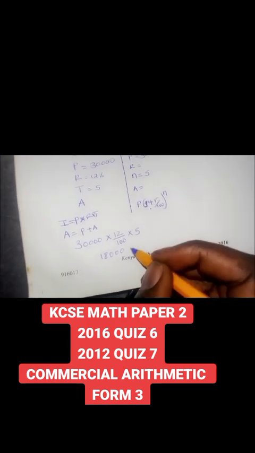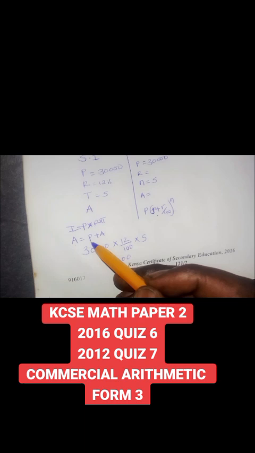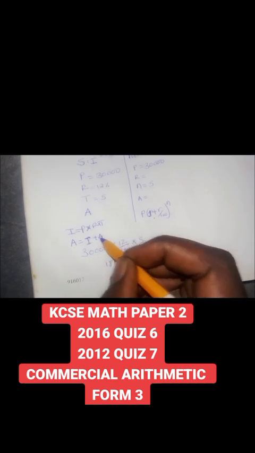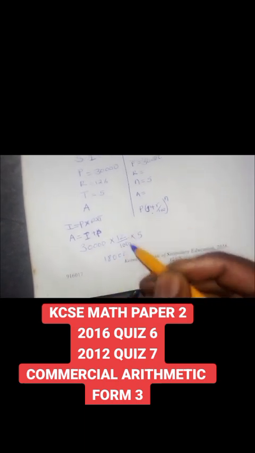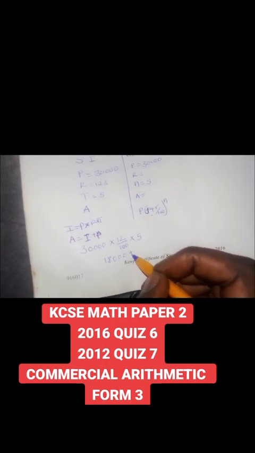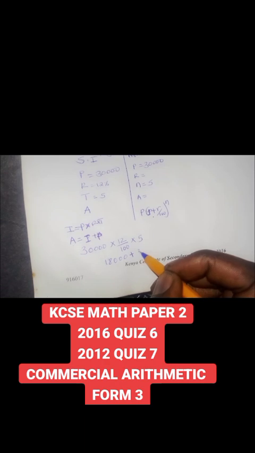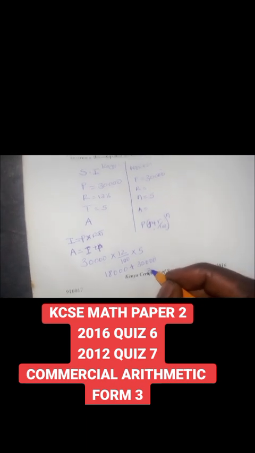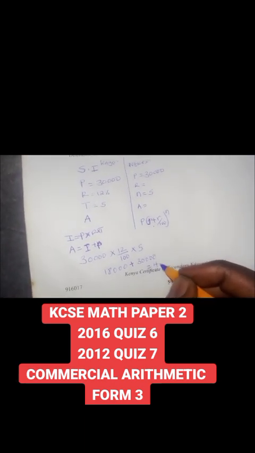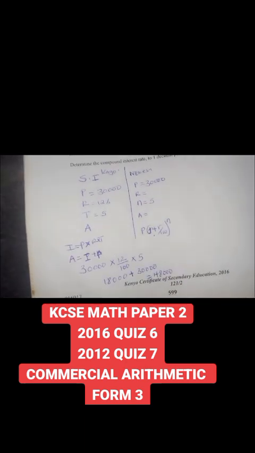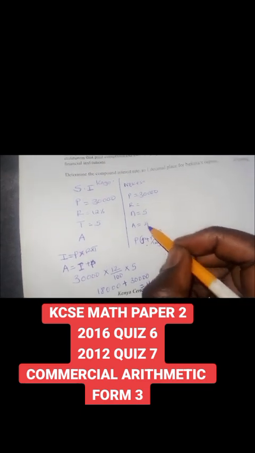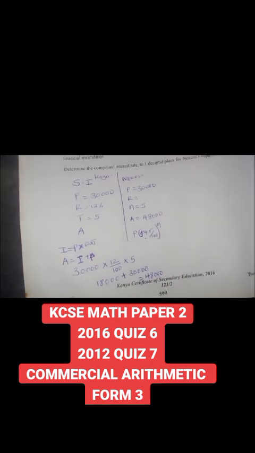Therefore, the total amount will be, the way we have said here, the interest plus the principal. And the interest is 18,000. Therefore, the principal was 30,000. So the total amount that is going to be in the bank for Cargo will be 48,000. Therefore, this amount is the same that is supposed to be with Nekesa after the 5 years. So we can form that equation and say